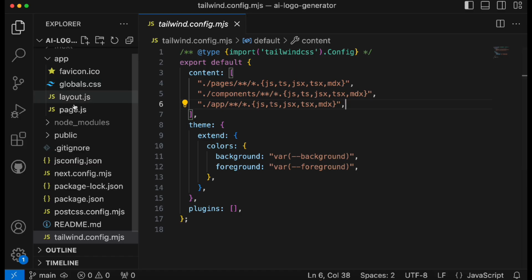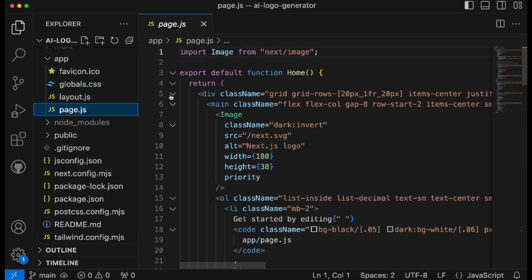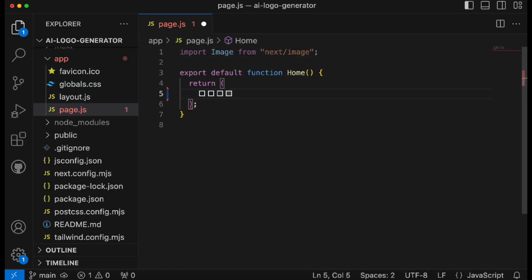Then simply go to this page.js file over here. I will just remove all of this default code and I will simply add the div tag over here. Let's add the h2 tag and we'll say